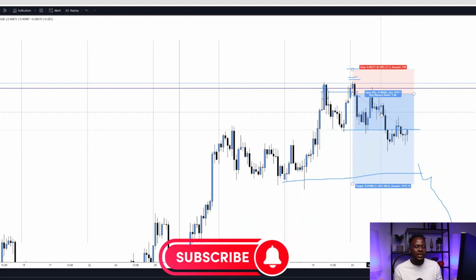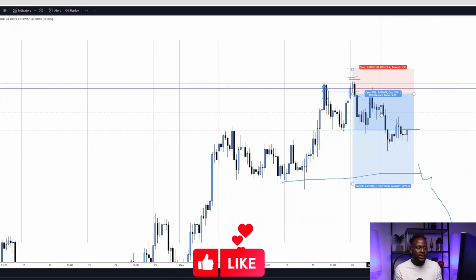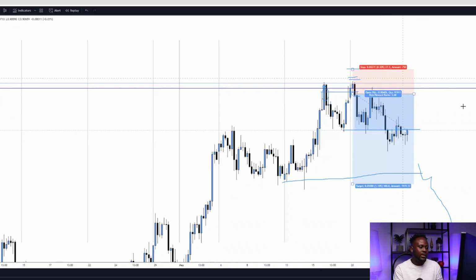This is also another solid and viable setup that you can take advantage of as a beginner, right? You don't have to risk much, just know where your stop loss is supposed to be and then allow the market to do its work. Our third and final example is USD CAD, and USD CAD comes from my trend line